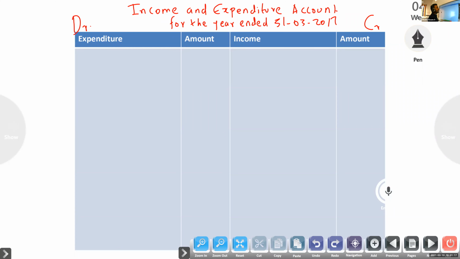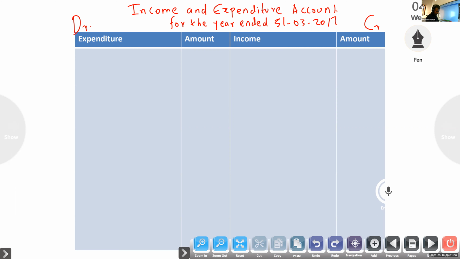So it will not come anywhere. Last year's 18,000, this year we received 60,000, so we will write 2,000 in the balance sheet. Here it will not come anywhere, same we received. Next one, sale of newspaper, profit from entertainment, rent, income.